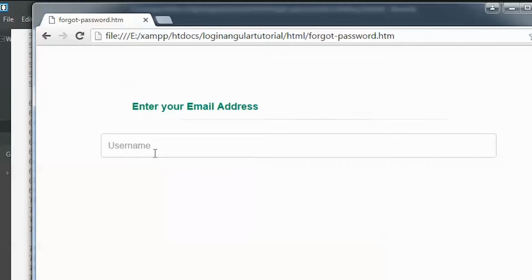So what I'm going to do is that once the user completes entering his email address, or while he's typing his email address and presses a button, it will validate in the database whether the email address exists or not. If it is validated, it will send him an email with the reset password, or if it is not validated, it will show him an error message. So I hope this concept is simple.